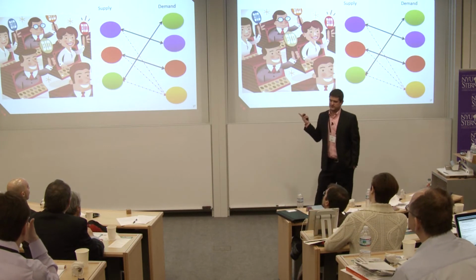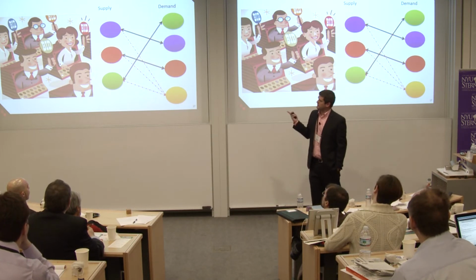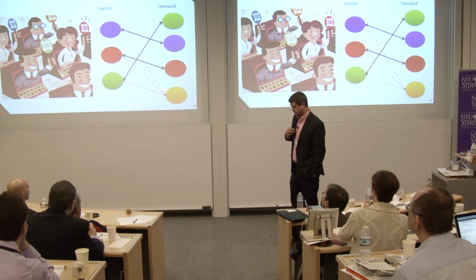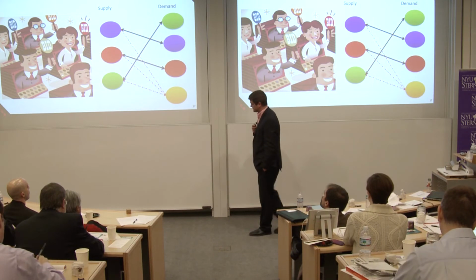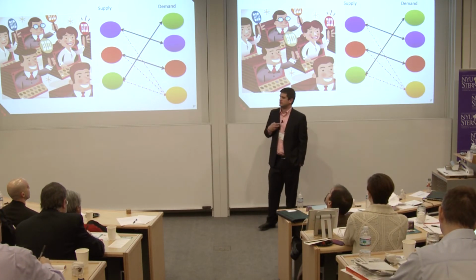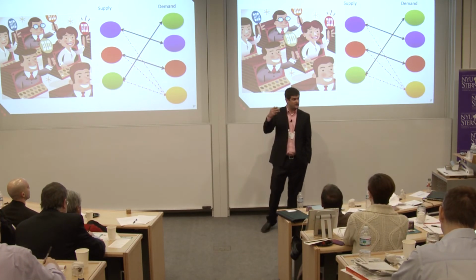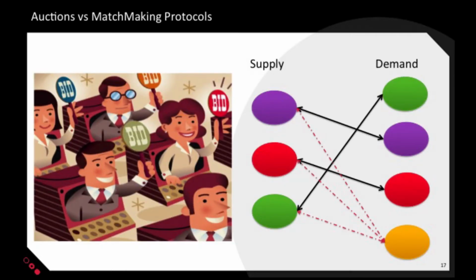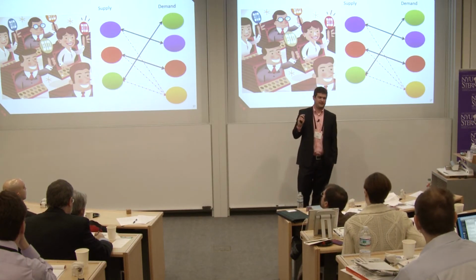To kind of close, I'm going to talk about auctions versus matchmaking. These are two very different ways of thinking about matching buyers and sellers. An auction-based semantic is one where you expose your inventory, people bid, someone wins. Matchmaking has to do with not doing a per-impression decision, but making a holistic decision that is good for overall yield and good for what an economist would call the social welfare of the buyers and sellers. These turn out to be two very different things.